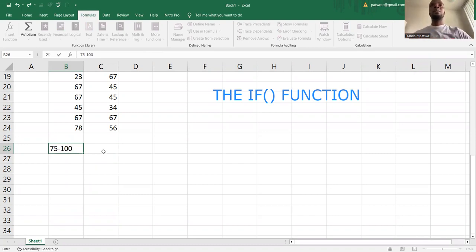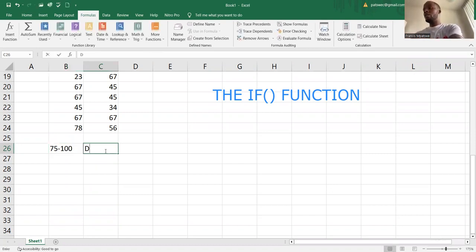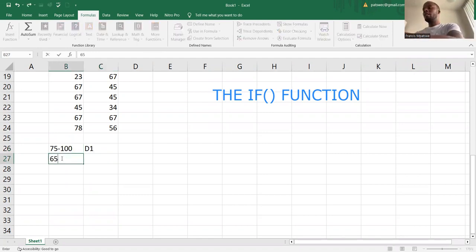I'll give a person distinction 1, that's D1. And then from 70 to 74, I'll give the person distinction 2,